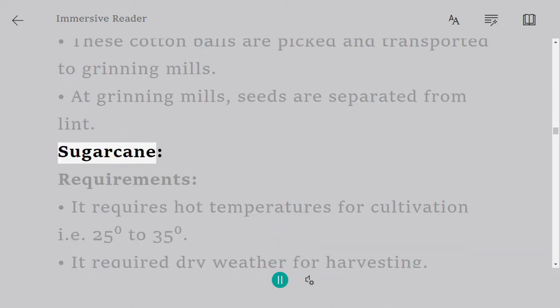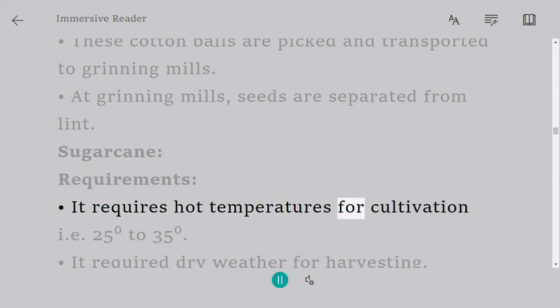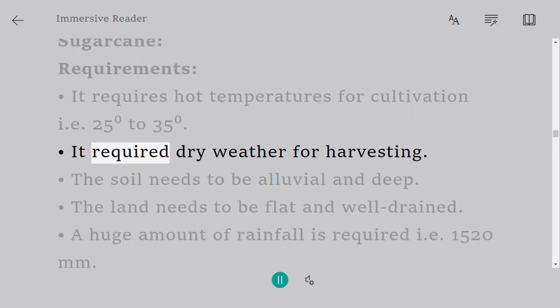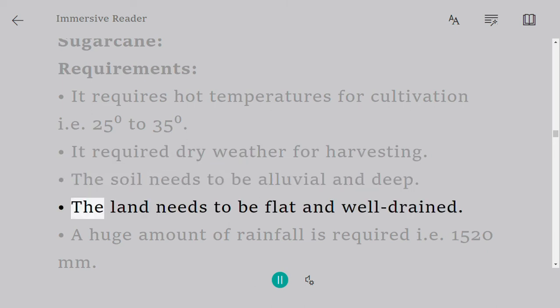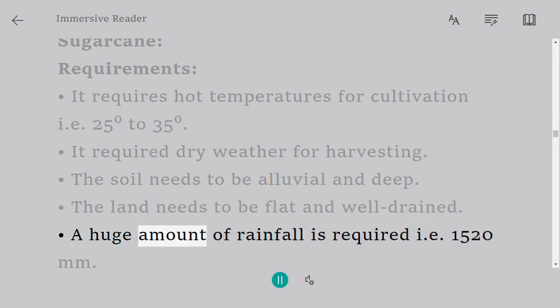Sugarcane. Requirements. It requires hot temperatures for cultivation, i.e., 25 to 35. It requires dry weather for harvesting. The soil needs to be alluvial and deep. The land needs to be flat and well drained. A huge amount of rainfall is required, i.e.,